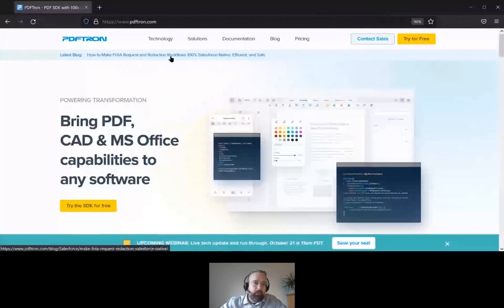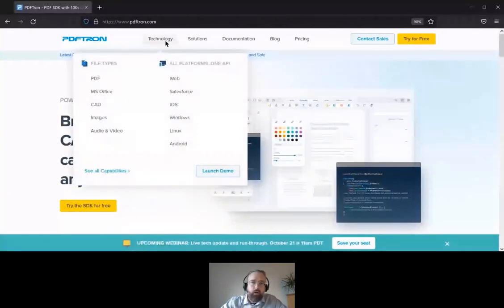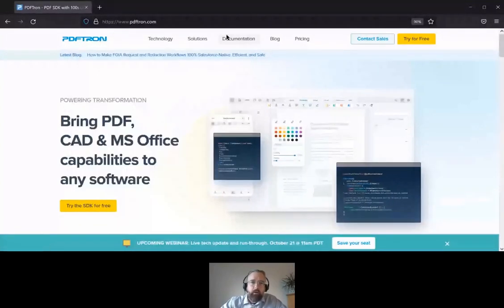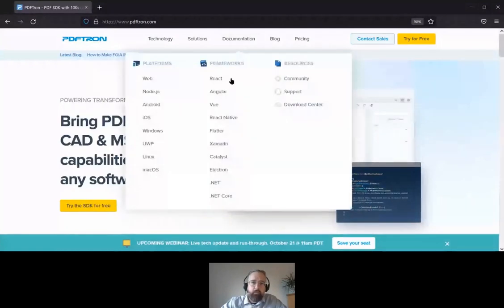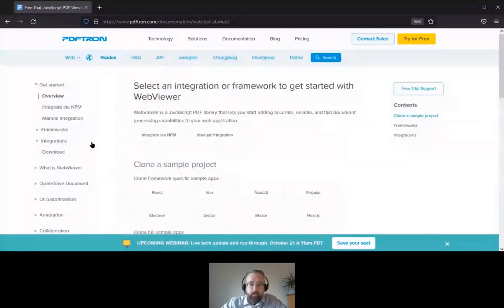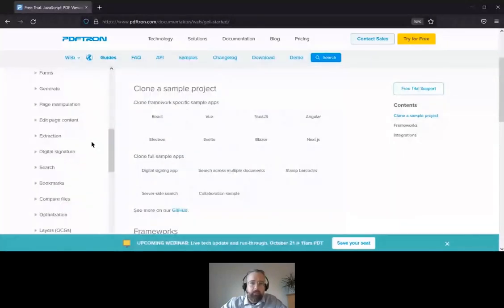So that's what we're going to take a look at today through our live demo here on our site. If I just load up pdftron.com, I can actually get to our documentation here under this documentation menu, and from there I can go and for each of these platforms, find detailed guides around how to get this set up in my environment. And as well, for different use cases, we have very detailed walkthroughs for how to start supporting